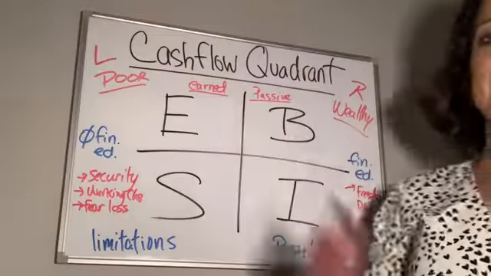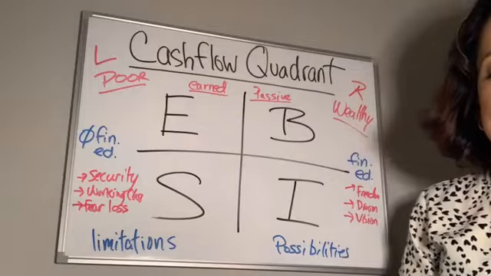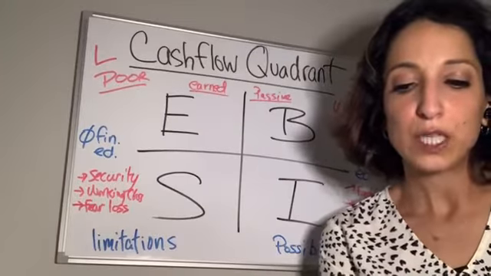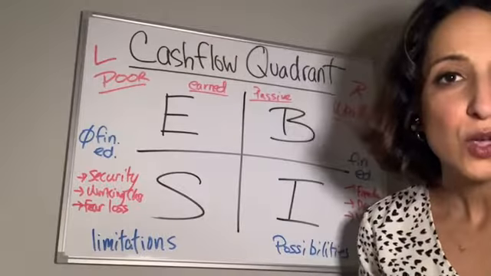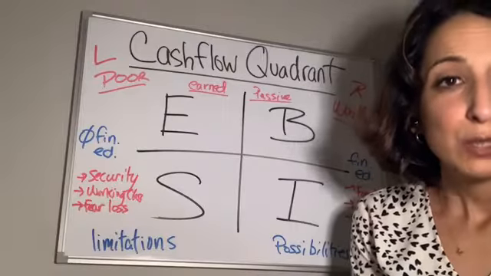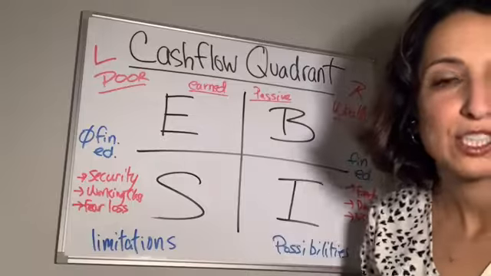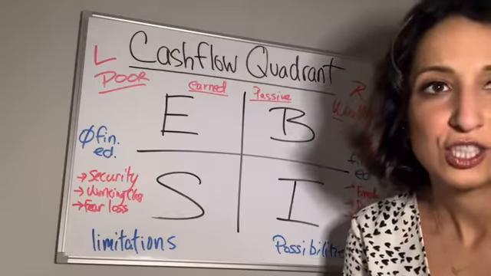So we're going to break this down. Just so you know, there are four different categories that basically determine where your income is coming from. There are four types of people who make up the business world. And just so you know, all four of these categories you can be successful in. Typically, you can only be wealthy on the right side of the quadrant, which I'm going to explain in just a second. But there are pros and cons to each quadrant.